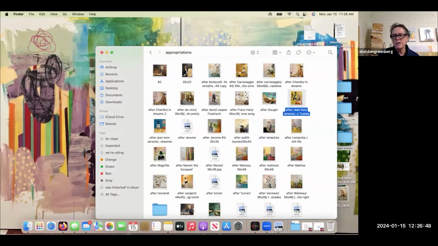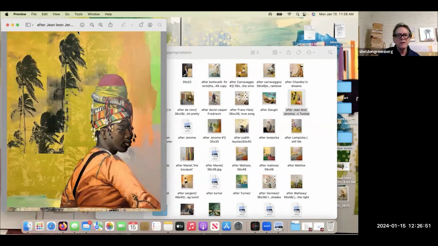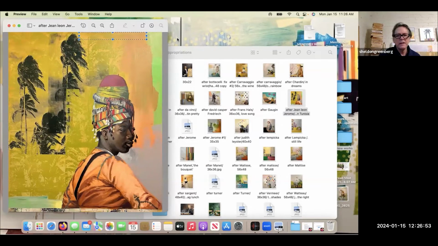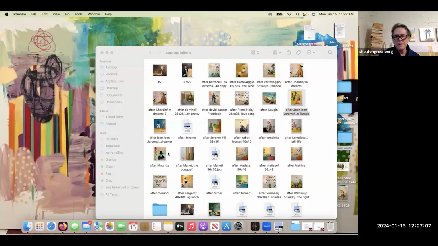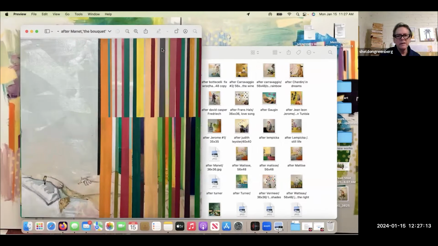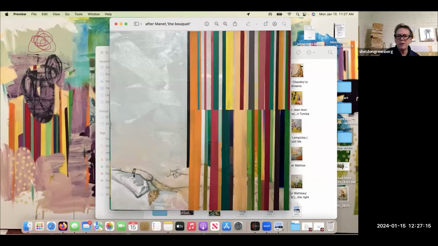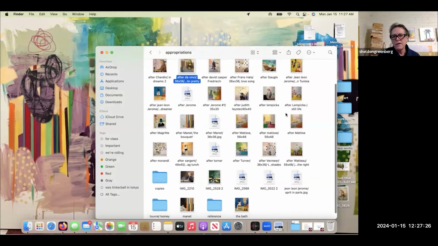This was a Jean-Léon Gérôme painting I really loved. And I wanted to do something with that. And so I got this gentleman. I love this. And so I used my mute chart in the hat and then screen printed the background and the palm trees in there. And let's see, this one I did as a takeoff on Manet, the Olympia, but I just painted just the bottom part of her figure and then using the stripes and really a composition, 2/3, 1/3, so 2/3 the stripes, 1/3 the negative space.